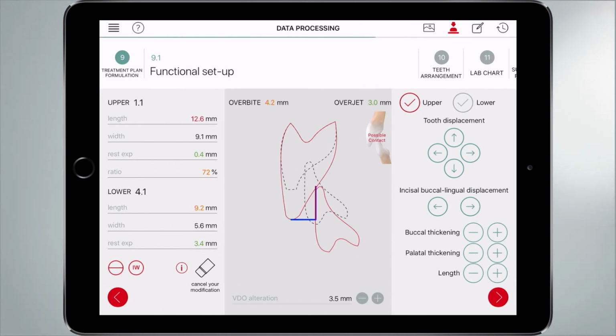That is what we want to give to our dental technician and to our colleagues, other specialists. So we can customize, as you have seen. You can accept the value that the app gave to you that are already great, or you can modify a tiny bit and achieve the best result. Now, from step 9.1, we go ahead